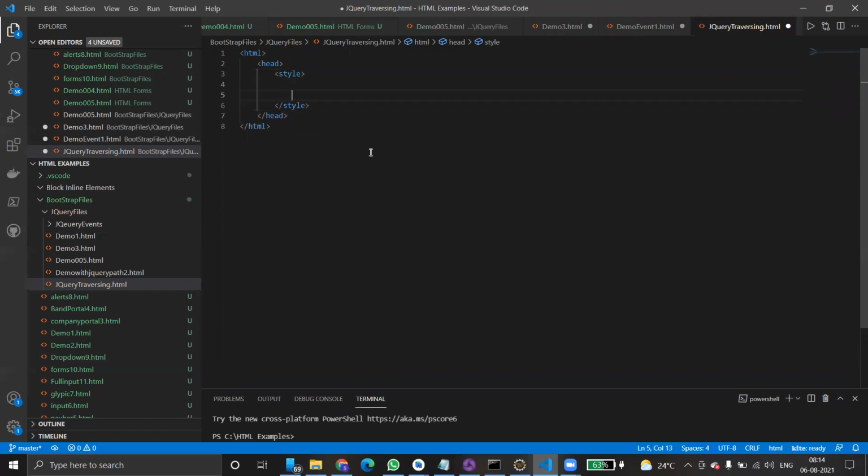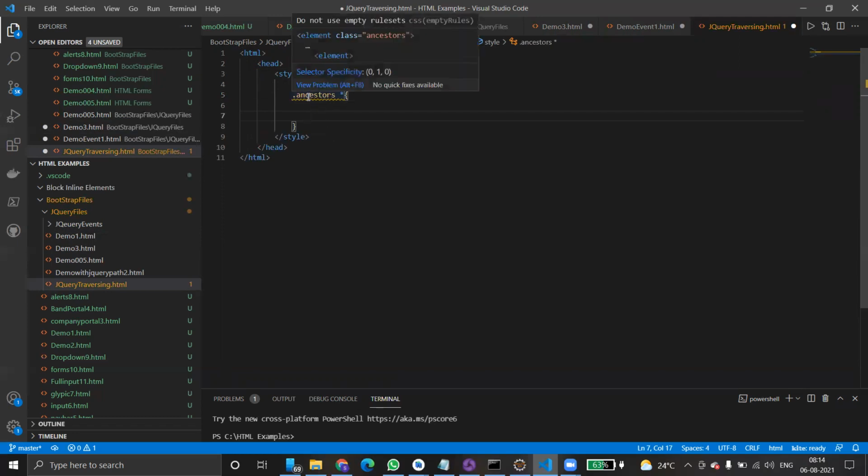Again, inside style, I'm just using a dot class. I will define this class later.